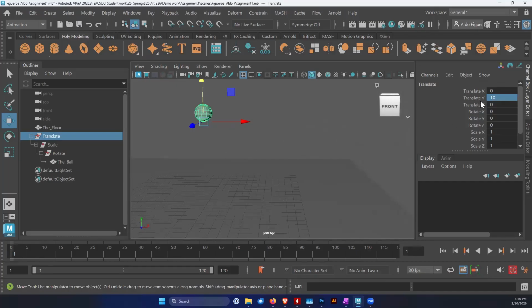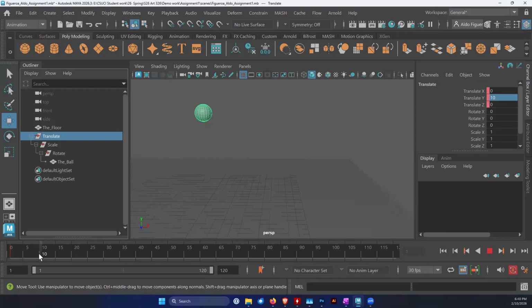To keyframe, I want to keyframe specifically the translates, because that's all I'm going to have out for the translate group. I'm going to press the keyboard shortcut Shift W. At frame one, we get this little tick mark now. This tells us we have a keyframe. And if you look in the channel box over here, the translate X, Y, and Z are all red. And so what we're going to do now that we have a keyframe,